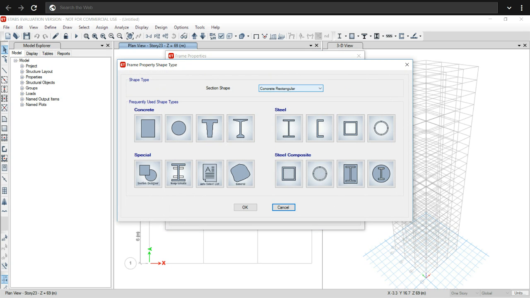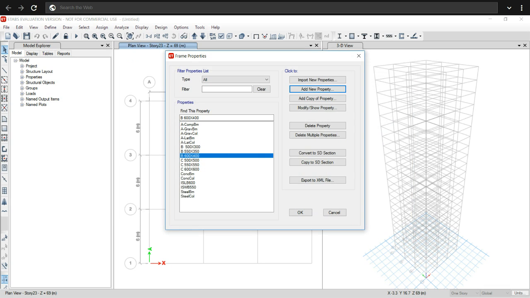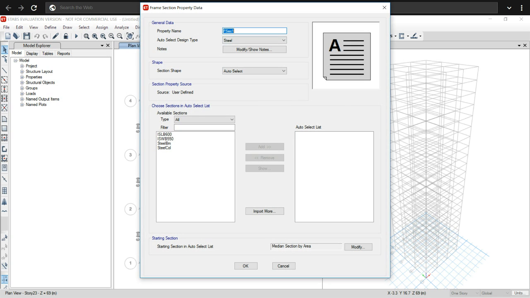For this, go to Add New Property, select list, Auto Select List, then give a property name for it. We will name it beam auto select for beam, then material concrete, then copy all the beams, then Add, then OK.